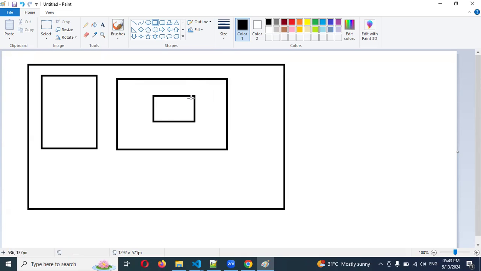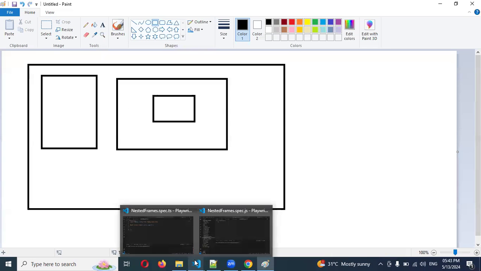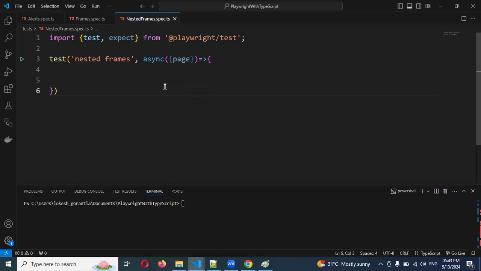What we can do is, first we need to go into this particular frame and find how many child frames are present in it. Once we can see the frames, we can enter, click, or do any operation in a child. It is a similar format to how we did it before. Now here we need to